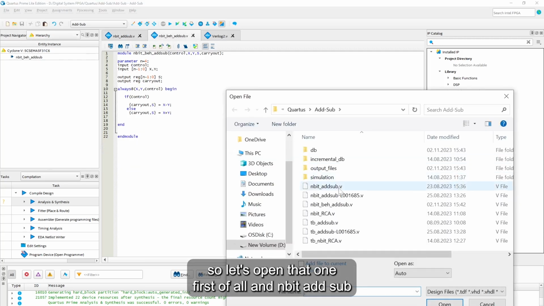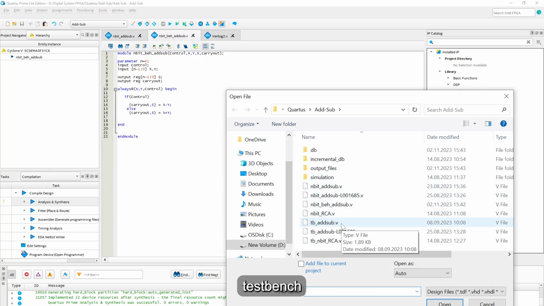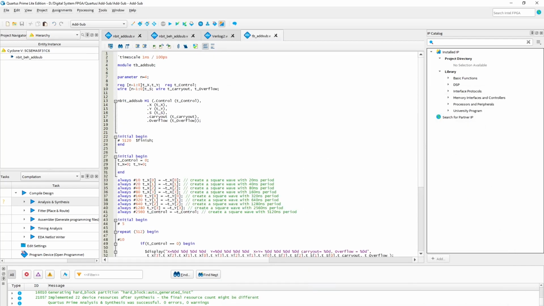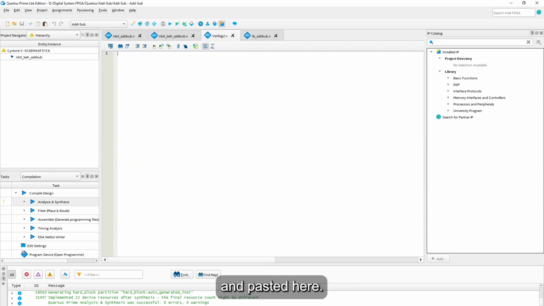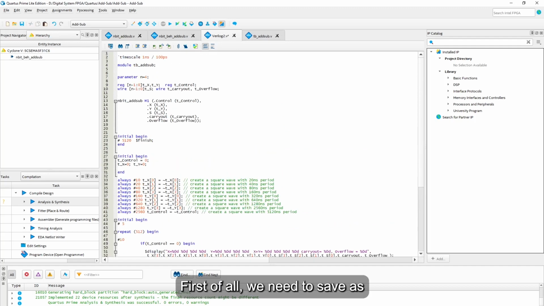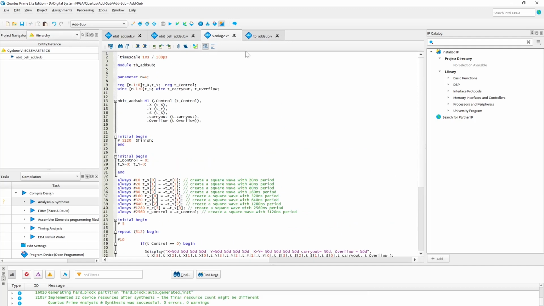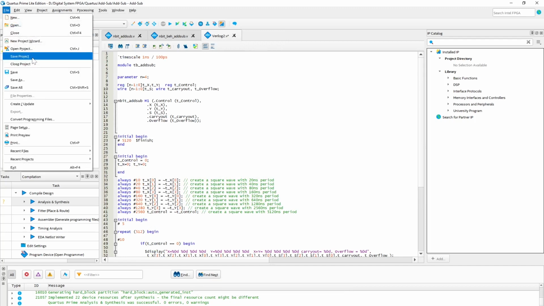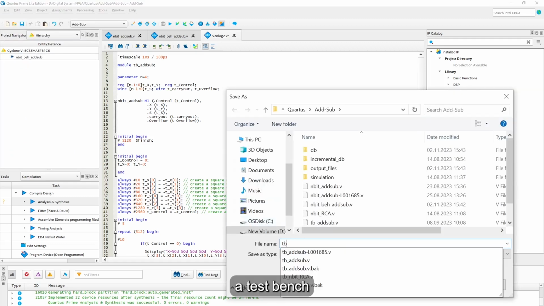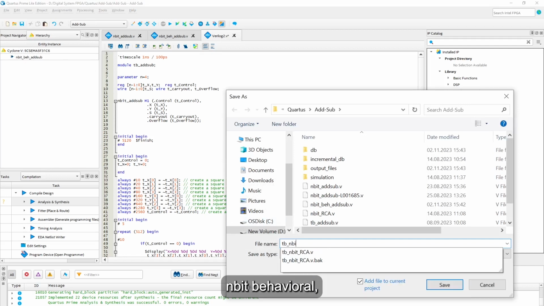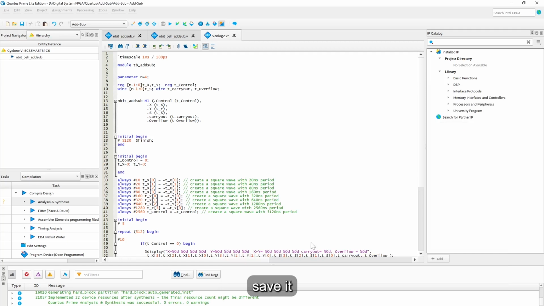So let's open that one first of all, nbit add sub, nbit sub Testbench, and then let's use this file here. Most of it, just copy it and paste it here. First of all, we need to save as, we need to save our file as Testbench nbit behavioral. Save it,